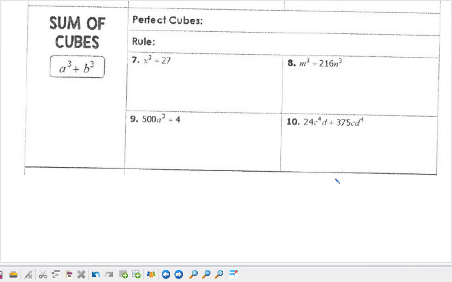So sum of cubes. So this is the new one. Okay, so perfect cubes are just, we've talked about perfect cubes when we did the radical unit. So 1 cubed, 2 cubed, 3 cubed, 4 cubed, 5 cubed, so on and so forth, right? Okay, so when you see a difference or sum of perfect cubes, there is a rule